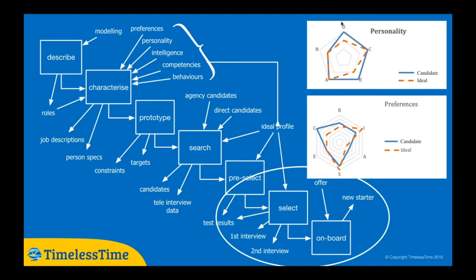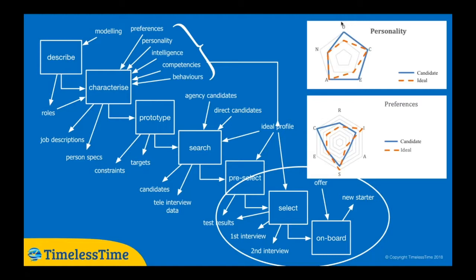You see a couple of diagrams here from our Preselect tool, and it's showing you just literally what you see, the candidate in blue according to the Big 5 personality profile, and you can see the ideal. You can see this person's perhaps a little bit more outgoing, a little bit more open to new ideas than perhaps we would find necessary. It's not a bad thing, but we wouldn't necessarily be too enthusiastic about that, because it might mean that in questioning, when we're actually discussing with the person, we find that they're a little bit living in the non-ideal world, and our role perhaps is more practical.